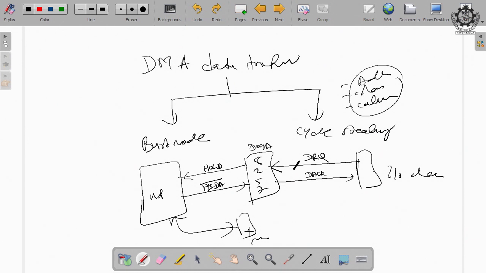And during that, the microprocessor may be sitting idle or may be busy in performing some task. So, there are two options now. The microprocessor can be busy or can be idle. And why will the microprocessor be idle? Because it does not have control over the system bus.